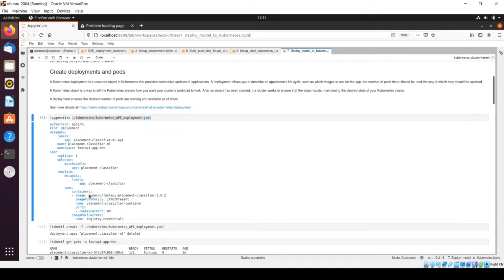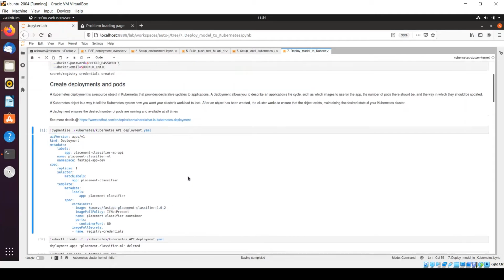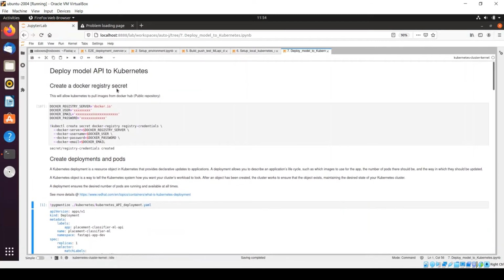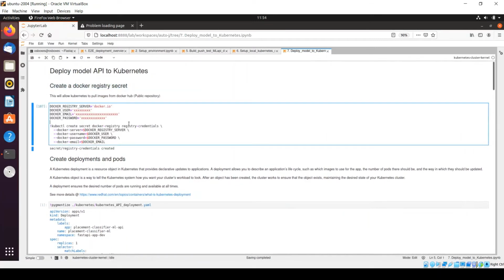And in order to pull that Docker image from Docker Hub, we need secrets, the credentials. And how will Kubernetes understand what credentials we need to use for pulling this Docker image from Docker Hub? For that purpose, we have another artifact which we call secrets. Within Kubernetes, secrets are used to store all the confidential information, right? So you can create one secret based on your Docker profile.